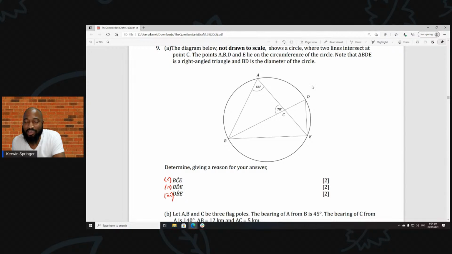And BD is the diameter. Okay, so you didn't need to say anything, you didn't need to figure it out. BD is the diameter, so because this is the diameter, this has to be a right angle. They really didn't need to say that this is a right angle triangle. They could have just said BD is the diameter. Anyhow, determine, giving a reason for your answer,